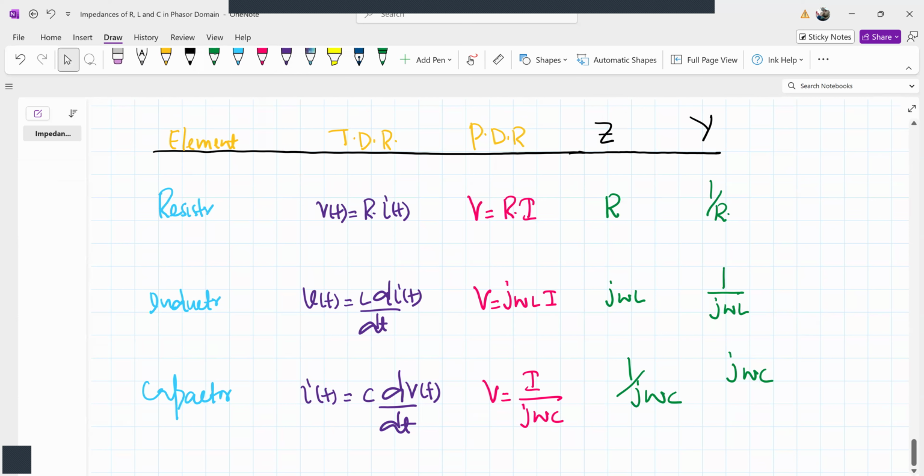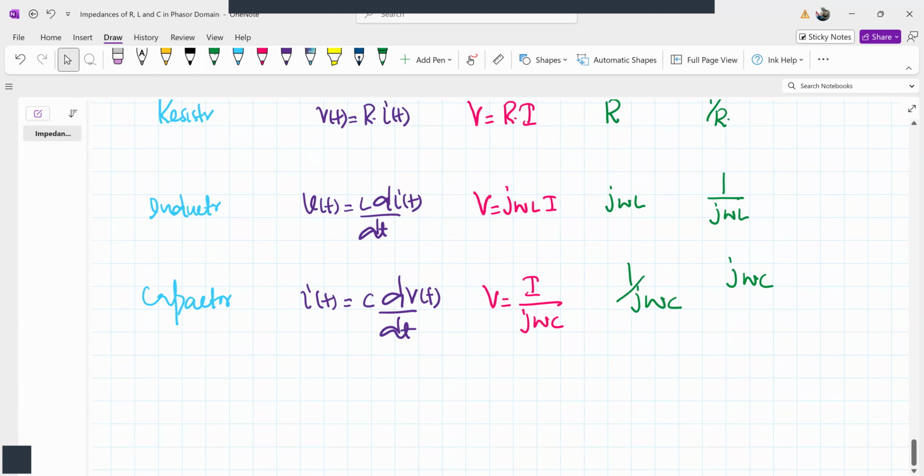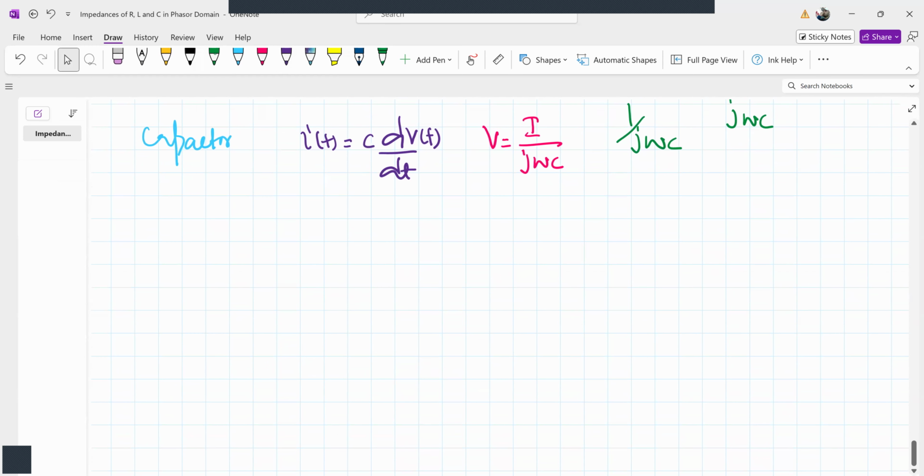All right. So this is how we write the elements in the phasor domain. Now next, let's solve a few examples on this. Okay. Now the first example that we'll talk about is